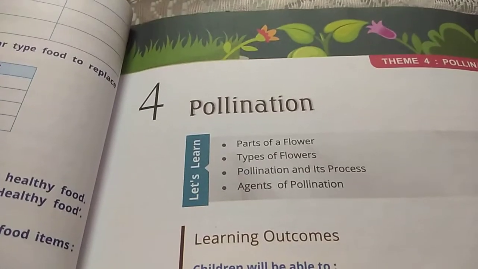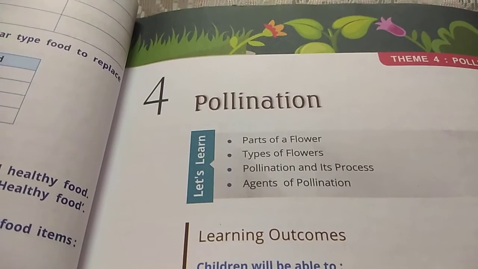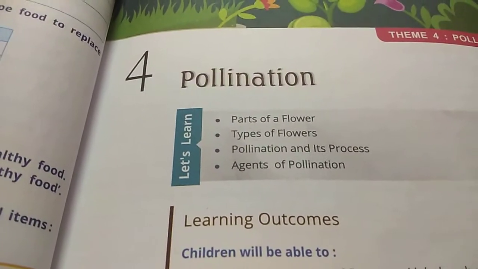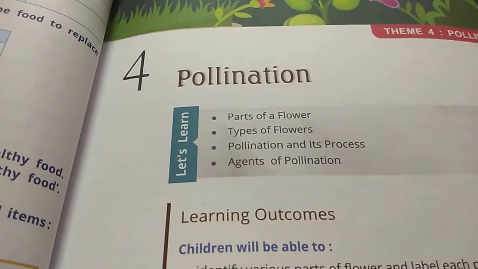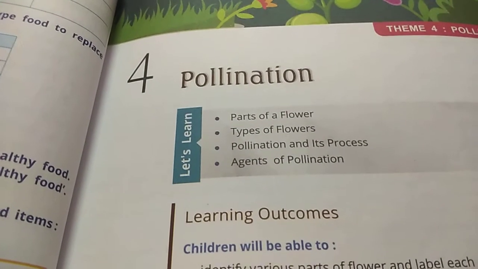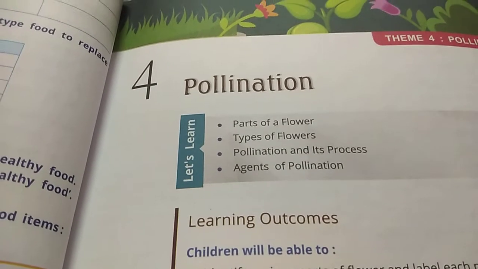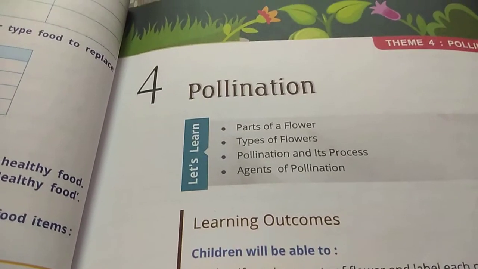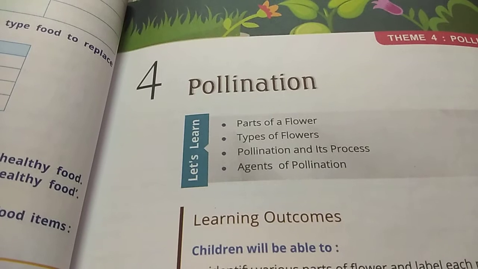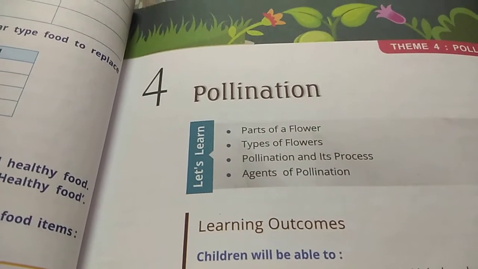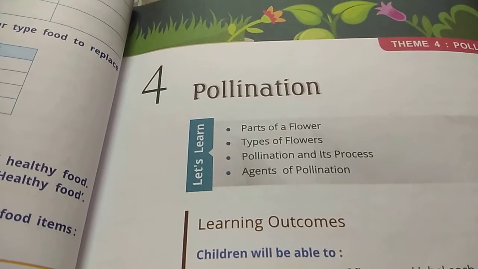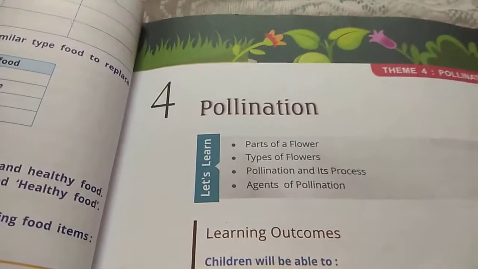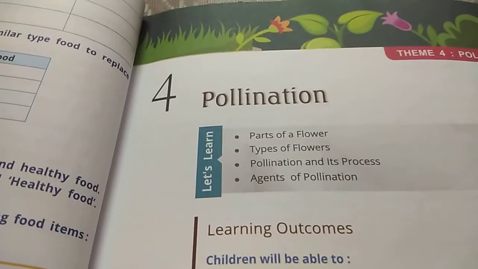Pollination is a chapter in which we will discuss flowers. The topics we will cover in this chapter are parts of a flower, types of flowers, pollination and its process, and agents of pollination. A few things we have discussed in the last class also, and a few things will be new for you. I hope you will enjoy this chapter because it is going to be very interesting. As this chapter is all about flowers,